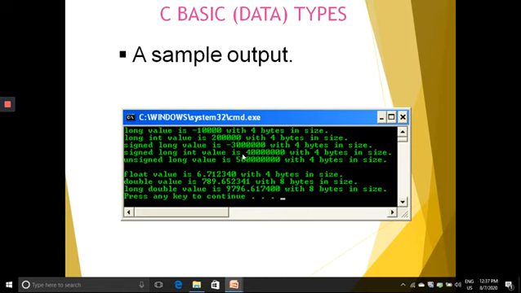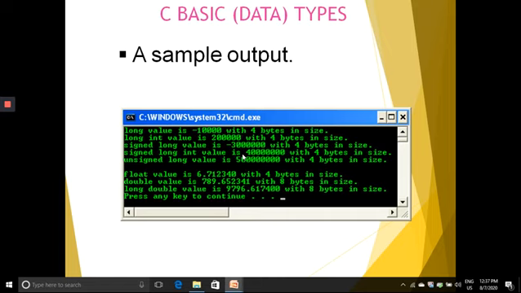And you can see the sample program which is written for knowing the size of these long, float, double, long double, etc. You can observe long data size is 4 bytes, long int value is also 4 bytes in size, signed long value is also 4 bytes in size, signed long int is also with 4 bytes, and unsigned long is also with 4 bytes.